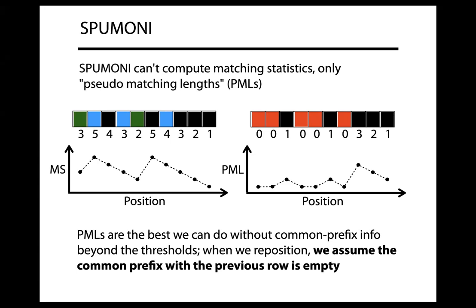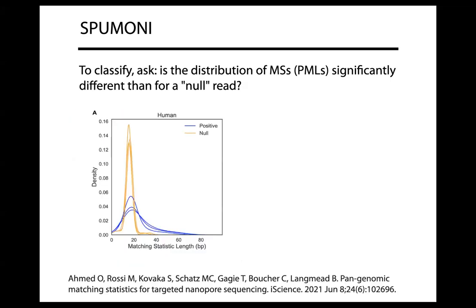So this is how we chose to implement it, and this was implemented in a tool that we called SPUMONI, and the SPU part is for, I think, pseudo-match streaming, pseudo-match, I forget, but anyway, we called it SPUMONI. And the way we apply it in practice is imagine that we are sequencing with a nanopore sequencer, we're getting sequencing reads. And our goal is to basically quickly determine, as quickly as we can, whether a read that's coming in from the nanopore does or does not originate from a pan-genome. So we have a pan-genome index,